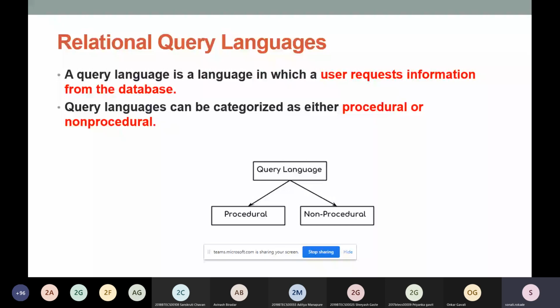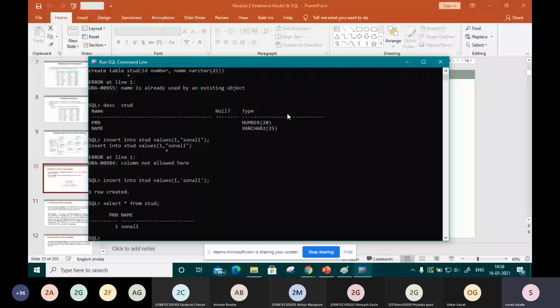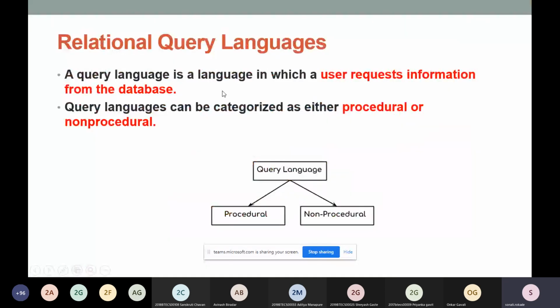Whatever task I have shown with the command prompt is called SQL, and the task that we represent in the form of symbols and particular steps is called a relational query language.